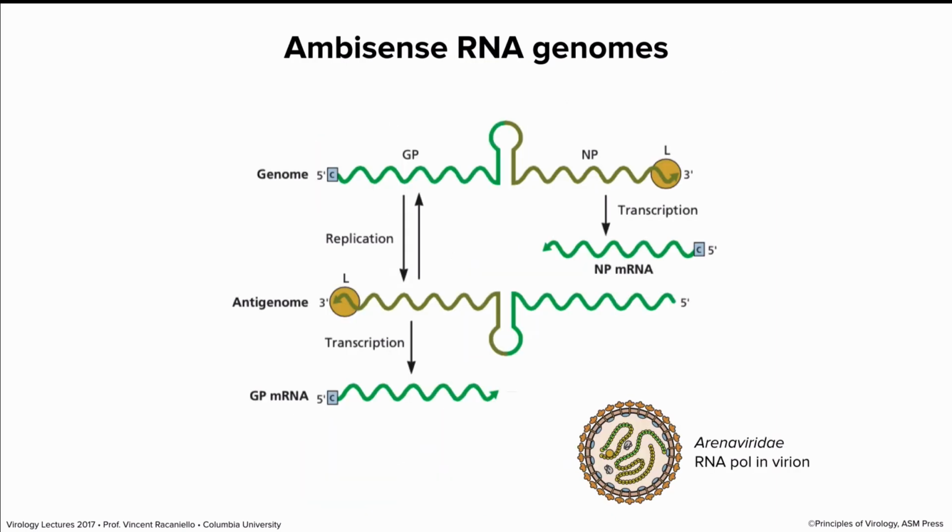Now there's a family of viruses with ambisense RNA genomes. These are very unusual. The strands of RNA have both plus and minus polarity. So you may say, how can you tell? Because if you sequenced it, it would be hard to tell just by looking at it. It's just RNA. But what you can do is look at the genome of this virus. These are arenaviruses like Lassa virus.